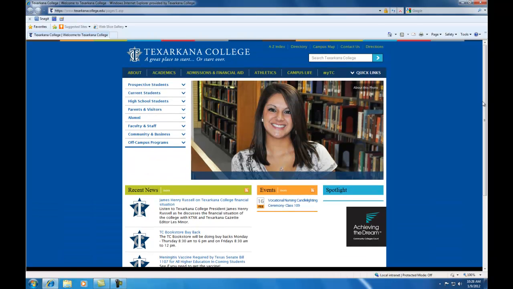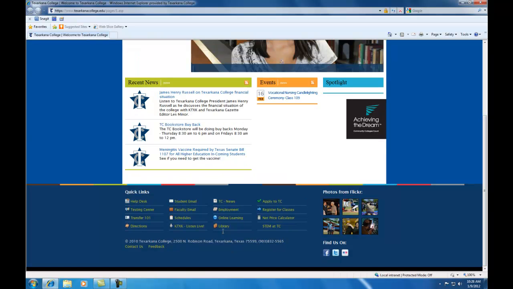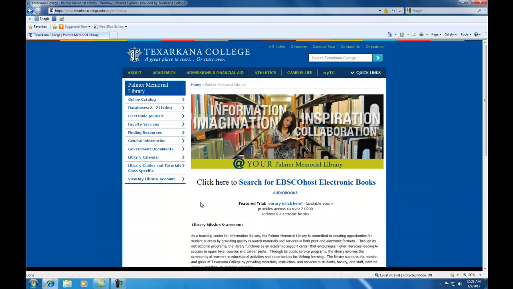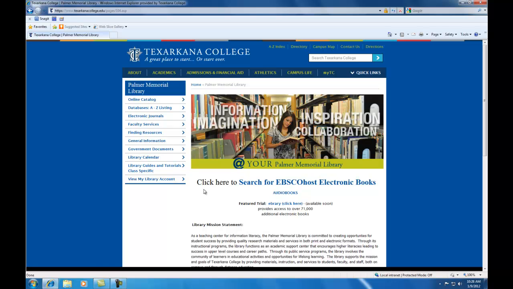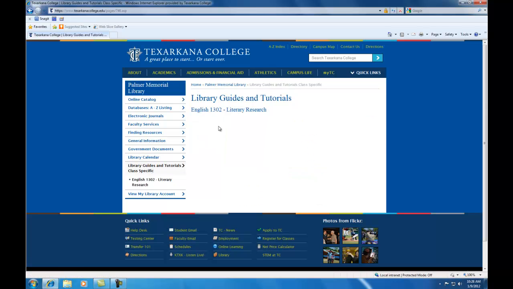The easiest way to access our databases is to start with the Texarkana College homepage, scroll to the bottom of that, and click on Library. This is our library homepage and just gives a general overview of the library. For this class, you'll want to come over and click on Library Guides and Tutorials and then English 1302 Literary